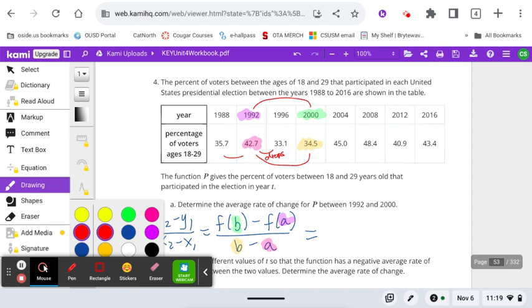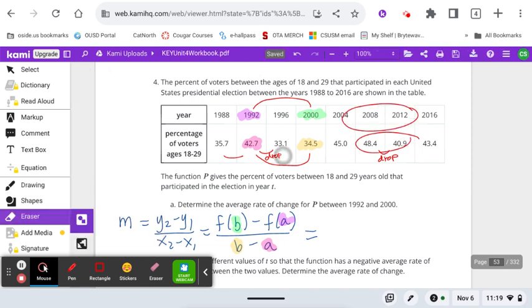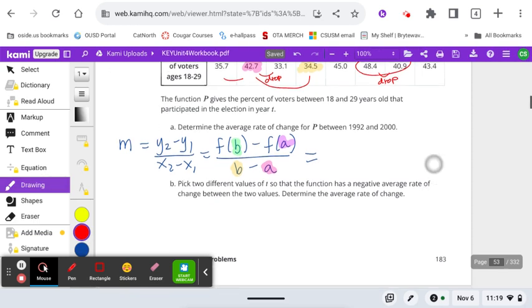33 to 34 goes up, 34 to 45 goes up, 45 to 48. Oh, here's another drop. You could use these two intervals and then the next one. So you have two options here for where there's a little drop to use that interval and to try part